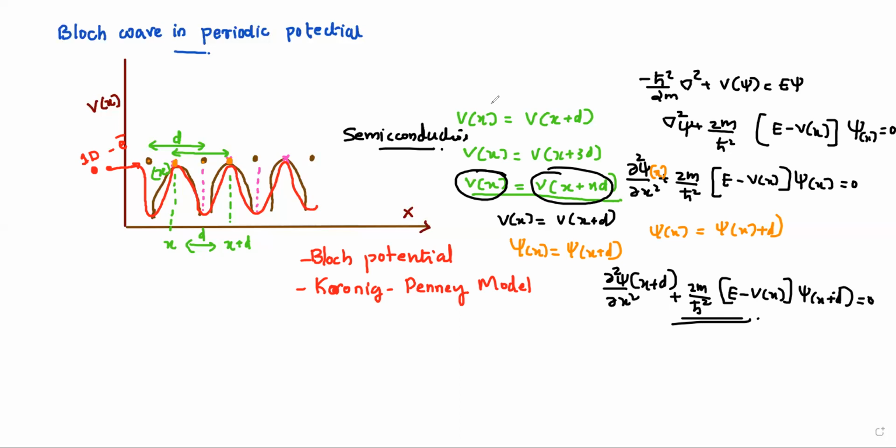Now, Schrodinger found the solution for this wave equation as psi of x plus d is equal to some constant into psi of x. And that constant is represented by alpha. And if there are n separations, 1, 2, 3, 4, etc., up to n, then psi of x plus n into d is equal to alpha raised to n